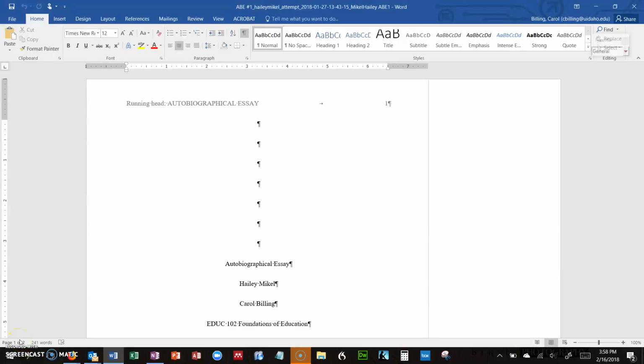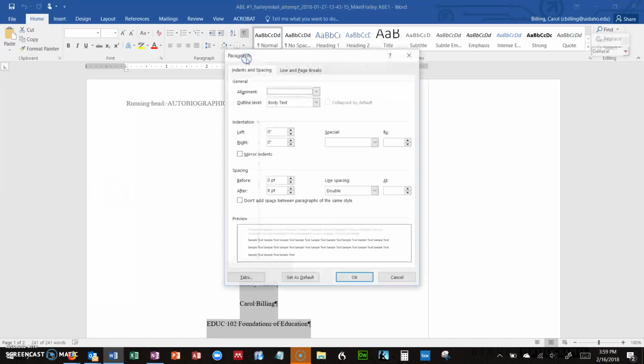I'm your instructor for Education 120, and you asked me a question about the spacing. So let me show you how that works. When you want to set your spacing for your paper, you want to do Control A to select everything, and then you want to go up here to this paragraph. And when you pull this paragraph dialog box open, you'll see it says spacing before, spacing after, and these need